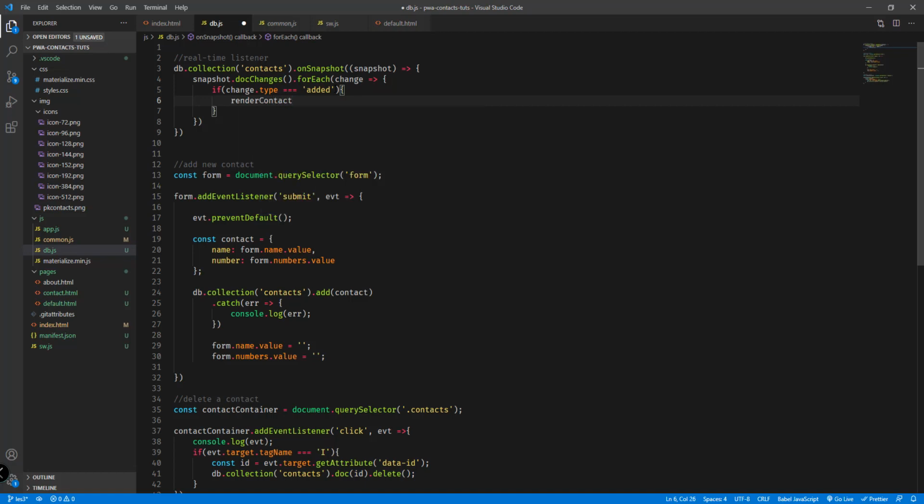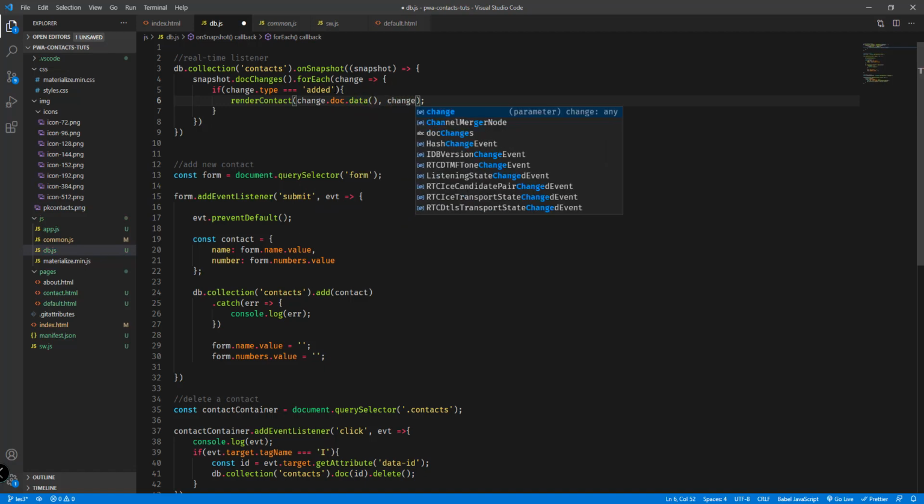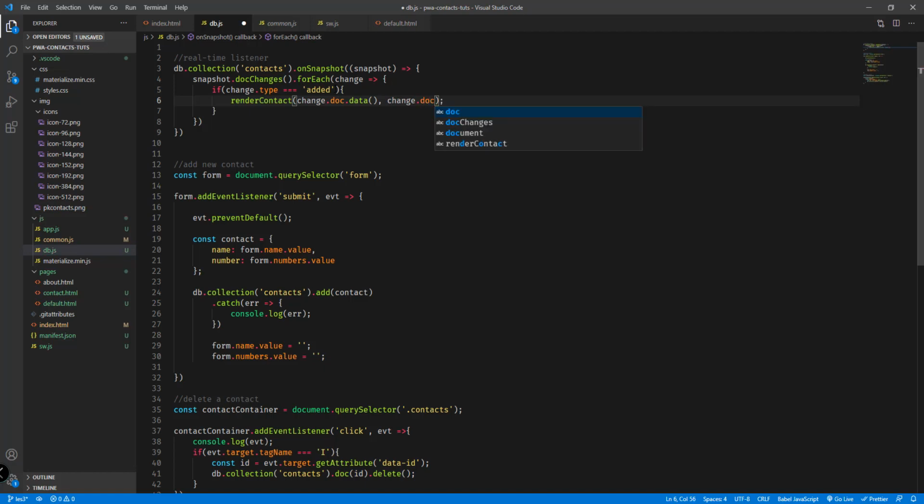contact, and we will try to create this function, renderContact. So that will be change.doc.data, and then change.doc.id. Okay, so again we will create this renderContact function, and we will specify the data and of course the